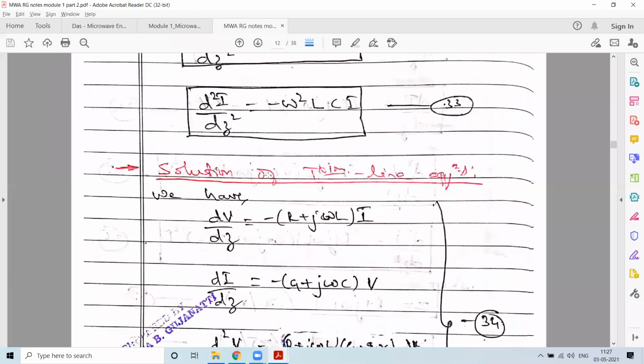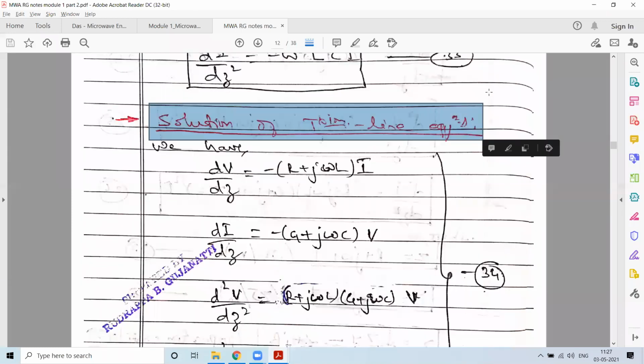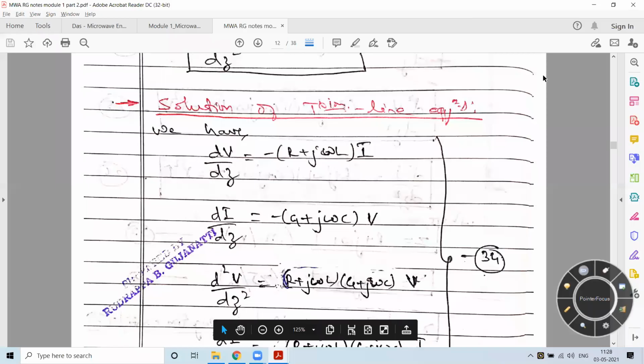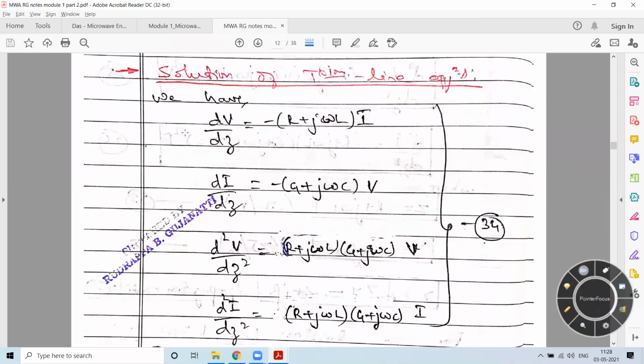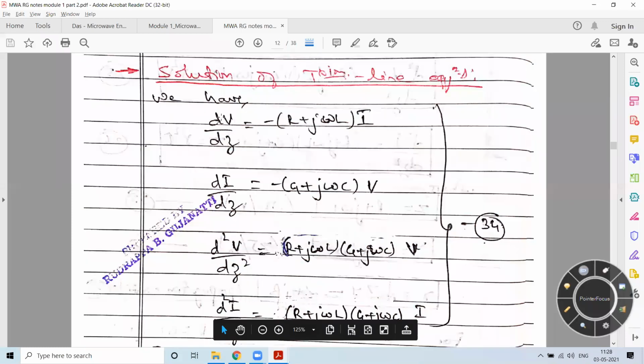So continuing where we had left off yesterday, that is, the solution to the transmission line equations. In order to obtain the solution, we will be utilizing the four equations we discussed above. These are the four equations we will be considering. Apart from this, there are some other representations we have to consider. What is actually V and what is actually I?